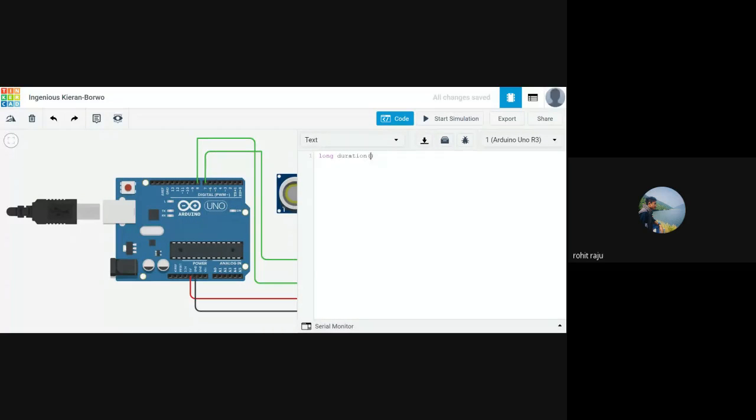It takes 2 arguments. One would be the trigger pin; you need to give it as an integer, or else it would throw you an error. Another one would be the echo pin.